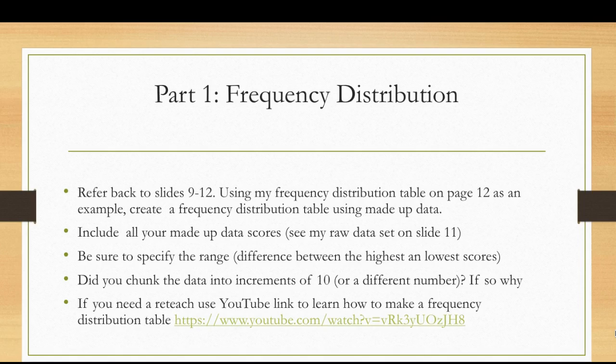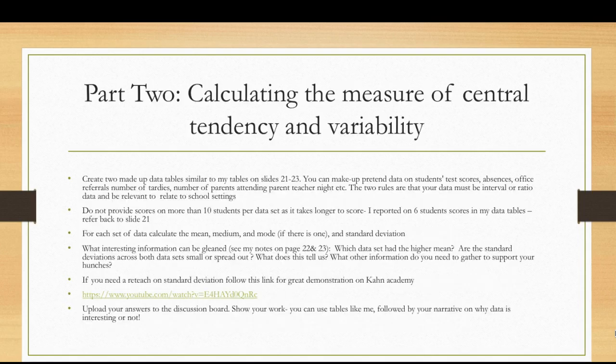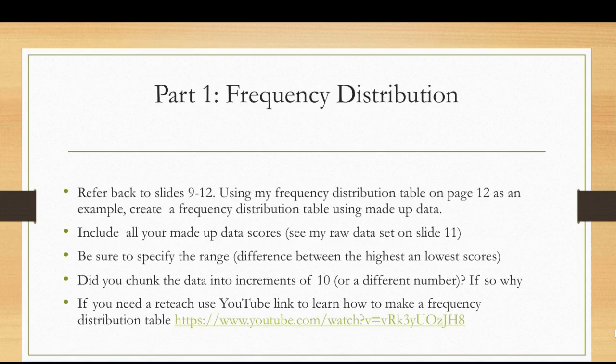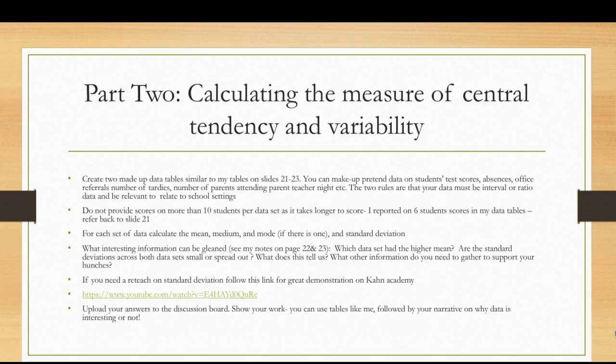I know that this is a lot of information to take in. So I encourage you to read the textbook, go over the PowerPoint, and look at the videos on YouTube. Your discussion post this week is going to consist of 2 activities. In part 1, you're going to be creating a frequency distribution table, and in part 2, you're going to practice calculating the measures of central tendency and variability, which includes the mean and the standard deviation of a set of scores,